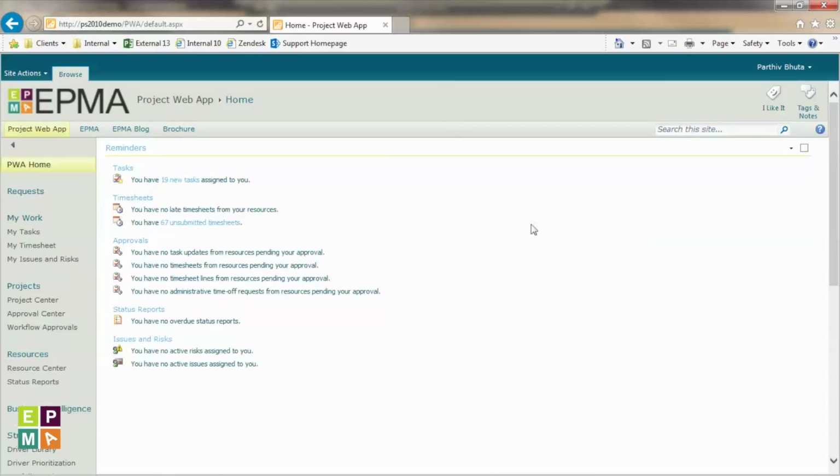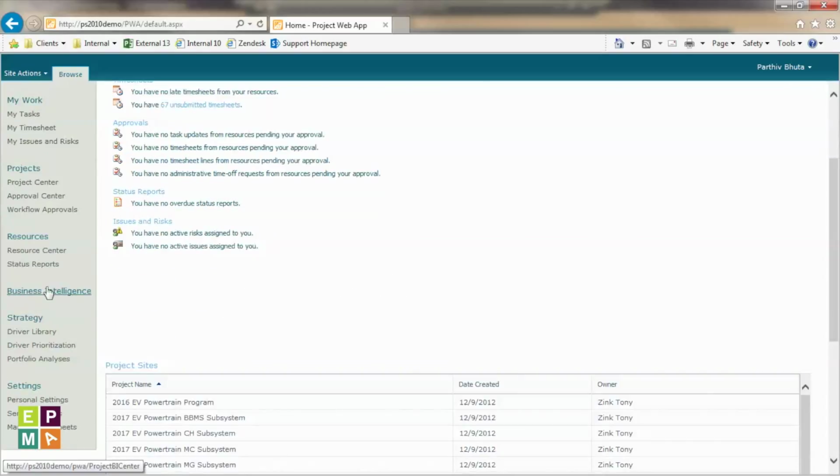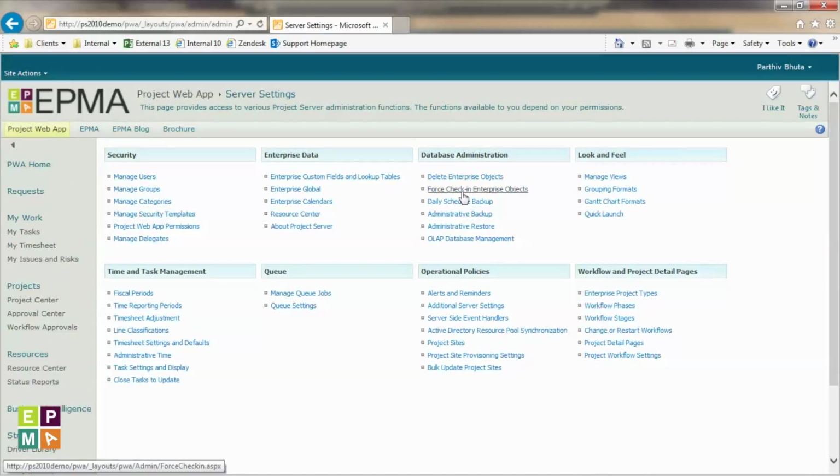All I had to do is go to my PWA, go to server settings, and in server settings under the database administration section, I had options over here for a daily backup schedule, for creating a schedule for backup, for taking my administrative backup, or restoring items from the backup that I've taken.